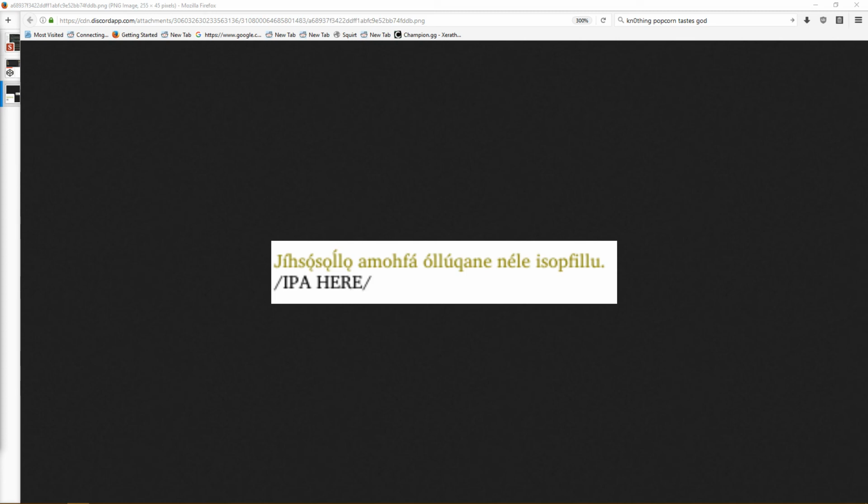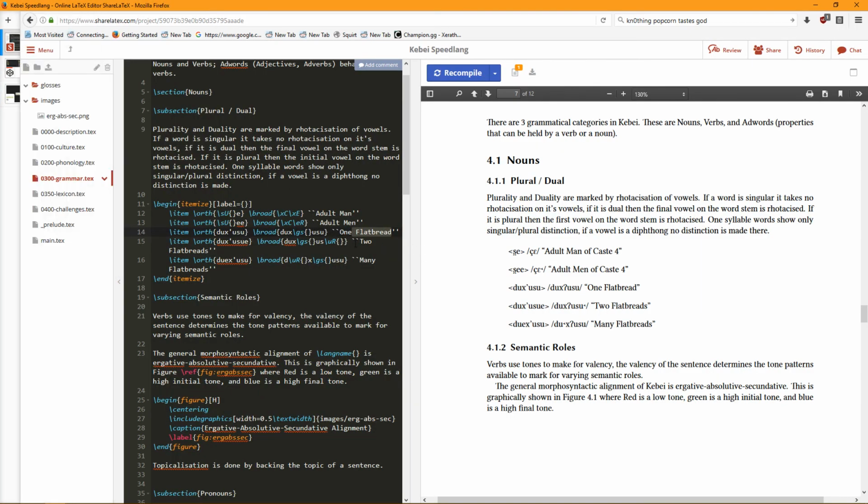Ye so low amofa olu kane ane nele. It's not even close. Isopilu. That's exactly how your language is pronounced. Hey, so wait, why is that acute on the L? Yeah, why have you got a tone on an L? It's this syllabic L that takes a tone. How did it even end up there? Oh, I guess by me typing it there. Yeah, by you being wrong is the answer.